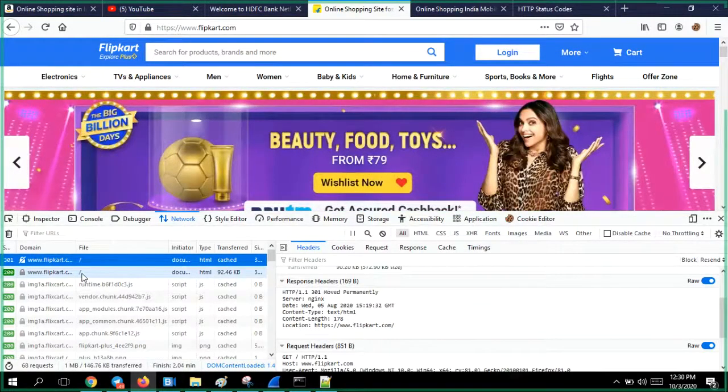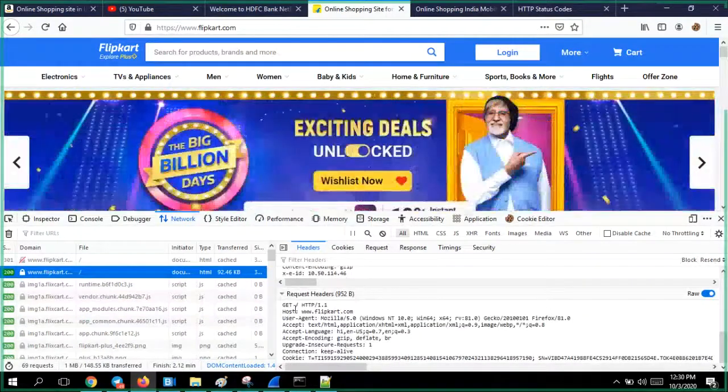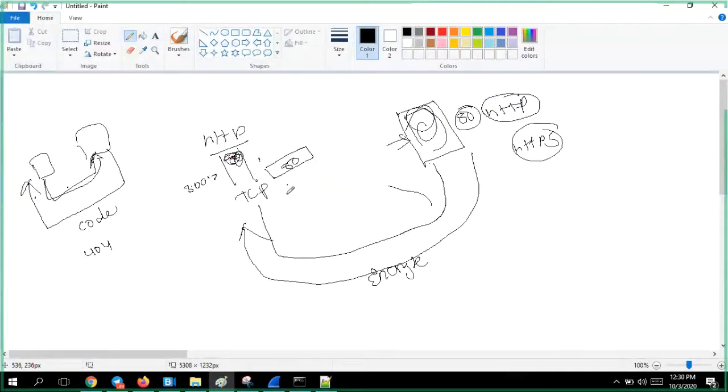So in the next packet itself, what you have done is you sent a request to www.flipkart.com. The request will be the same, but the browser, instead of putting the destination port as port 80, will put HTTPS as the protocol, which means it puts 443 as the destination port.